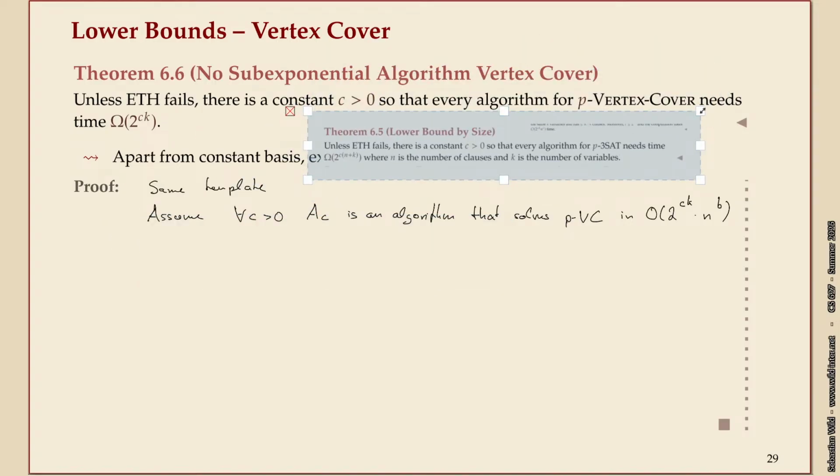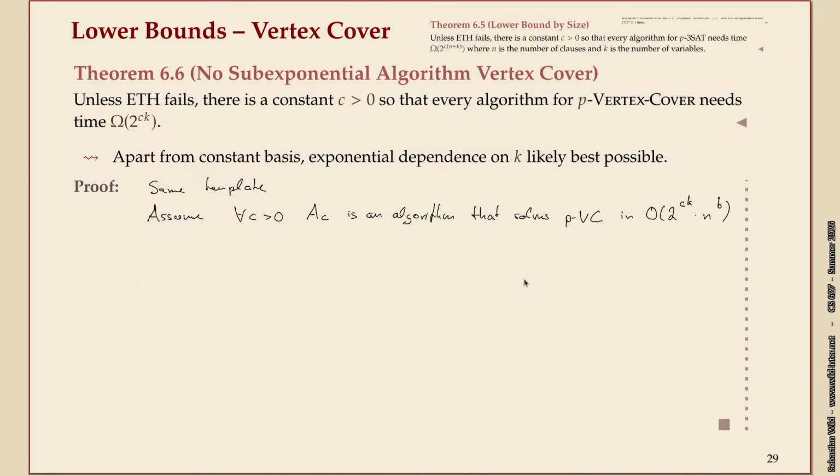So this time we work towards using this one. Again, the template was: suppose there's an arbitrary delta given. From that, suppose we can construct an algorithm B_delta that solves